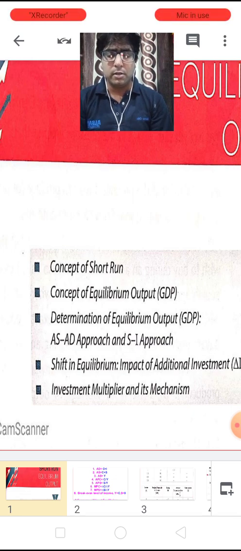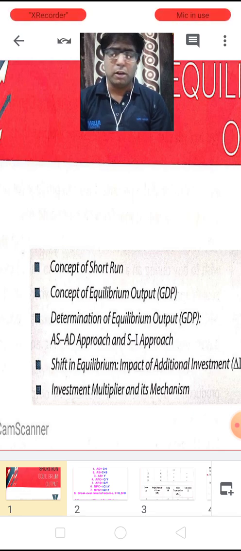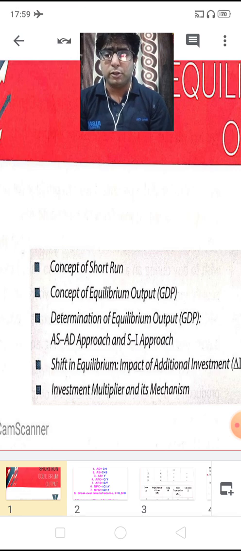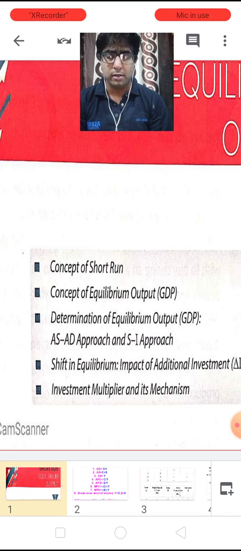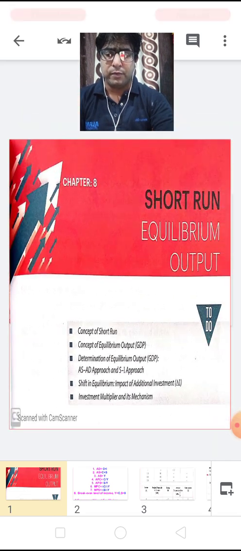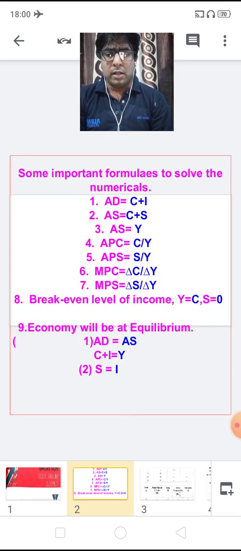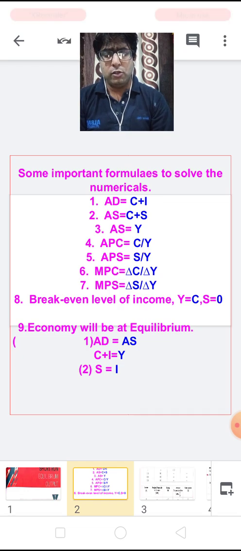And on just request of you students, I am back again with some of the numericals, and I hope this time it will be more clear to you all how we are going to solve the numericals. So children, let us start with today's topic. Children, I am again going to revise some of the important formulas which will be very helpful in